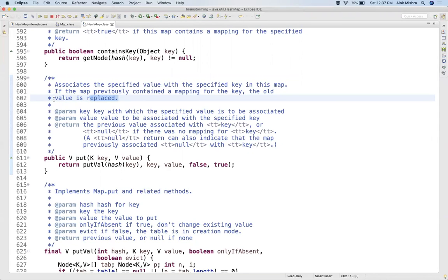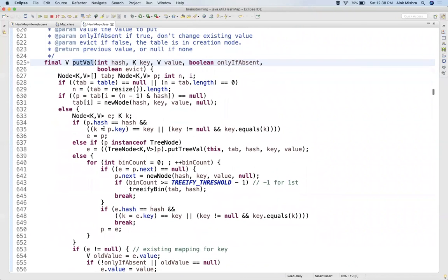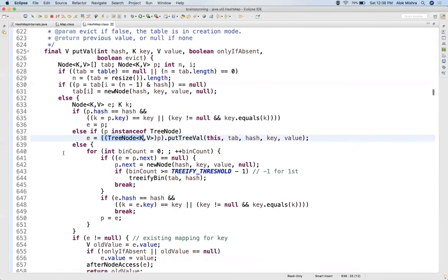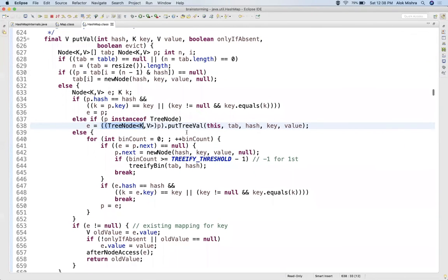So here, if another value is stored with the Alok key, then it will replace the previous value. Let's go inside this put. So here, the tree node data structure is used and equals is used to compare the keys.